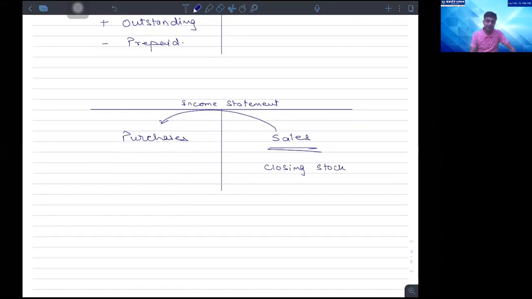Ultimate effect तो सेम हो गया. क्यों? जो मैंने गुड्स खरीदे और बेच दिए वो तो मेरे लिए इस साल का एक्सपेंस है, और जो गुड्स मैंने खरीदे पर अब तक बेचे नहीं हैं, that cannot be treated as expense of current year. So either you reduce it from the purchase value onto the debit side, or you show it into the trading account onto the credit side. The ultimate effect will remain same.